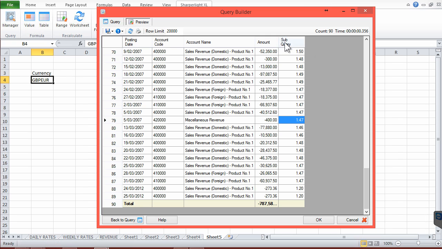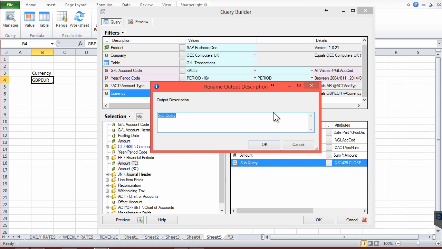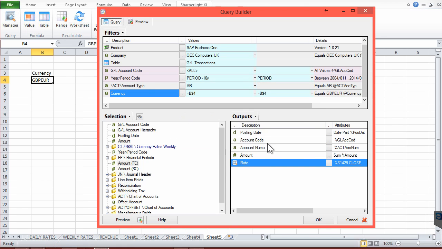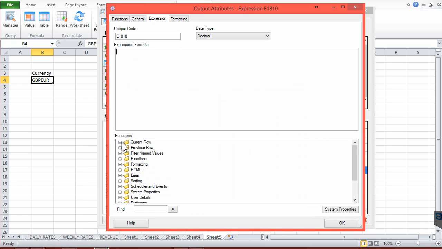So now we have the rate. The next thing is to create an expression to multiply the amount by the rate. I'm just going to change the description of that subquery and call it rate. And under that, we'll create an expression, and the expression will go to the current row, and I'll just double click on amount